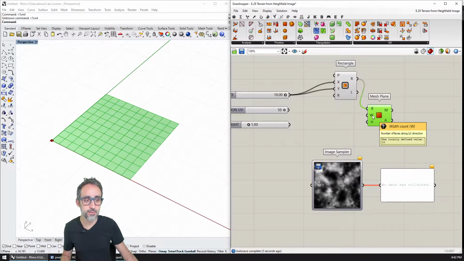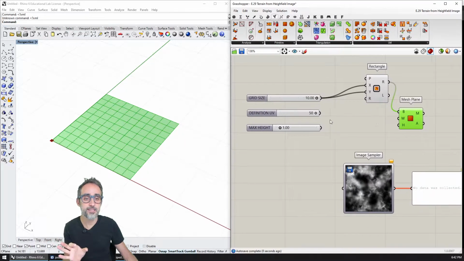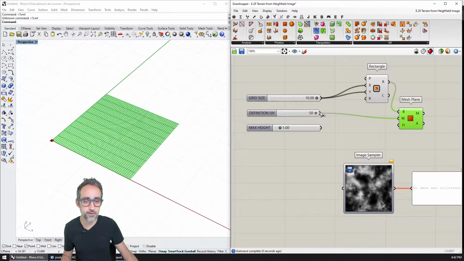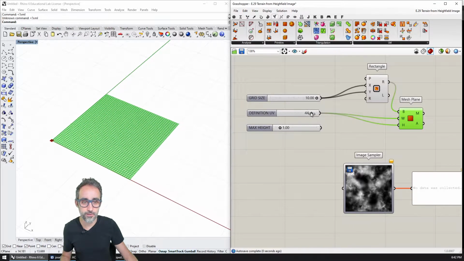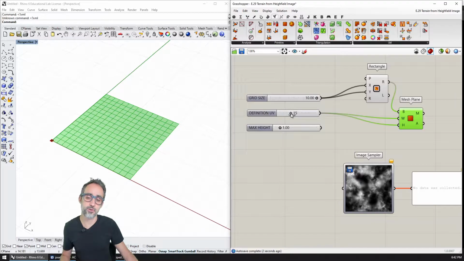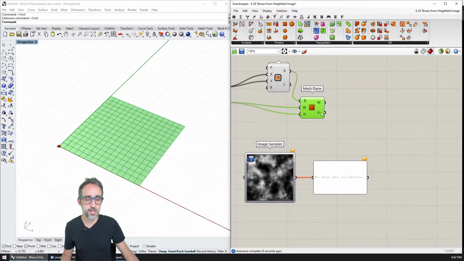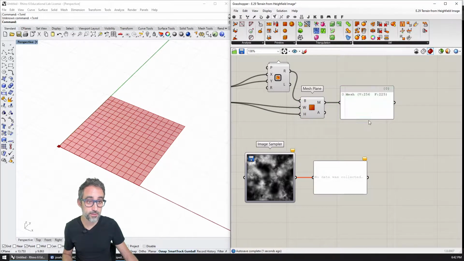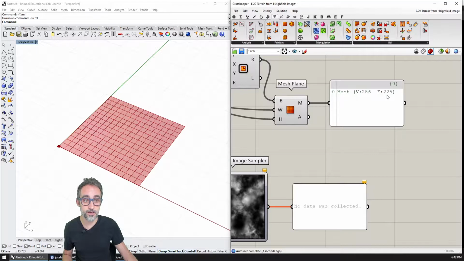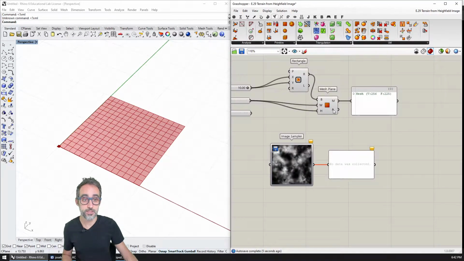Then how many faces along X and how many faces along Y is going to be defined by this other parameter that I have, and it's going to be the same in both directions because the image is square. Okay, so with that, what I have created is a mesh that contains all these vertices and all these faces, which is great.